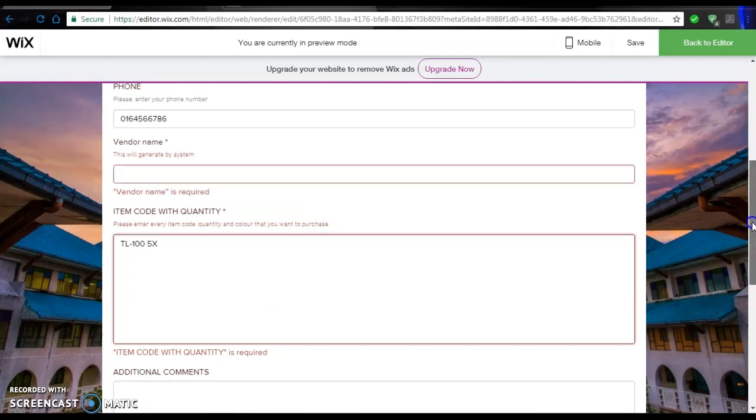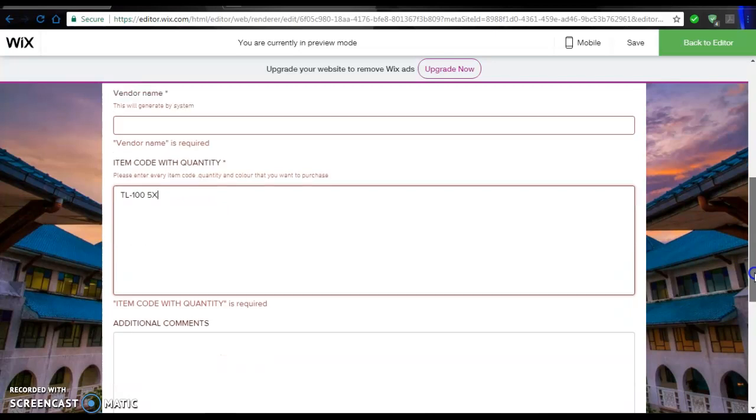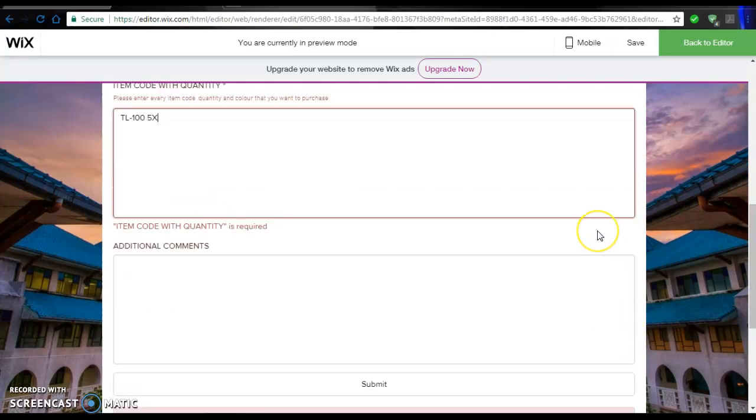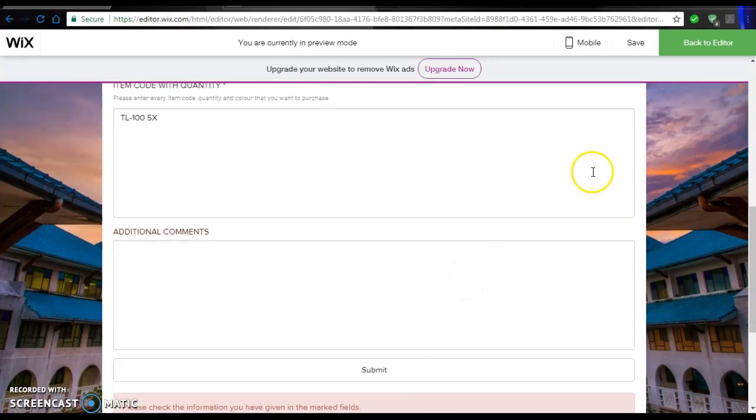And then the vendor name will be automatically generated by the system, and users are also free to leave any comments they like. Once the user successfully fills up the form, the system prompts the user to select the option submit. Once the user submits